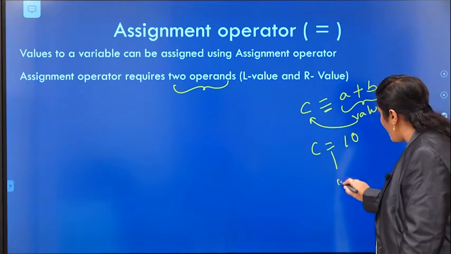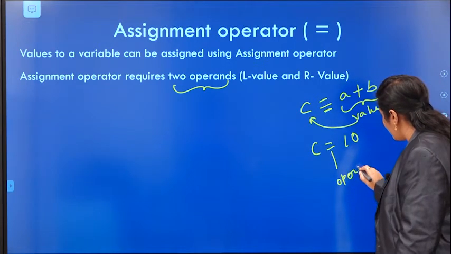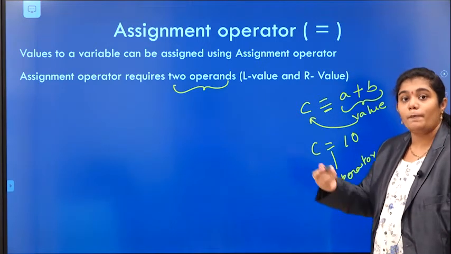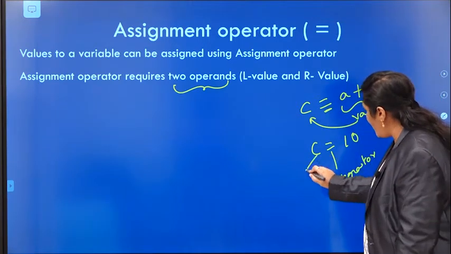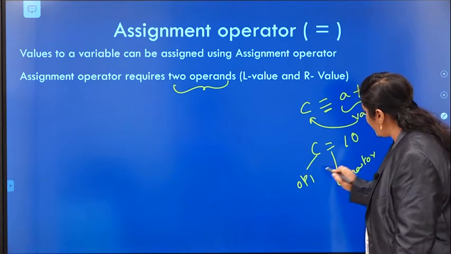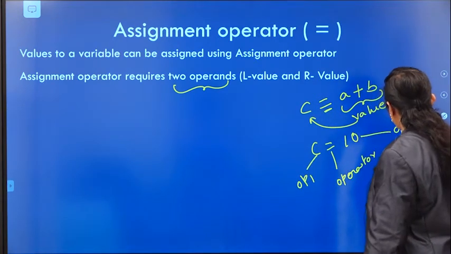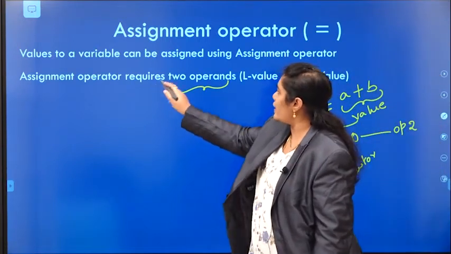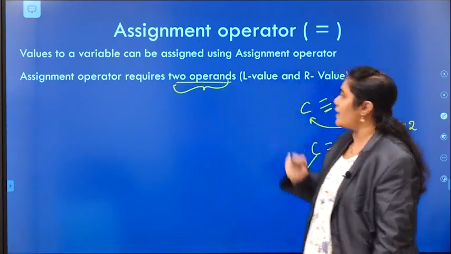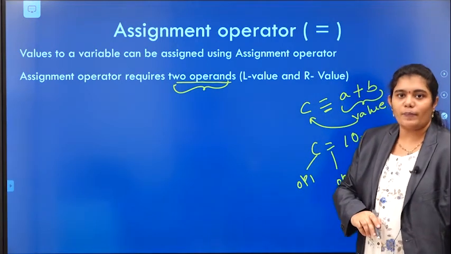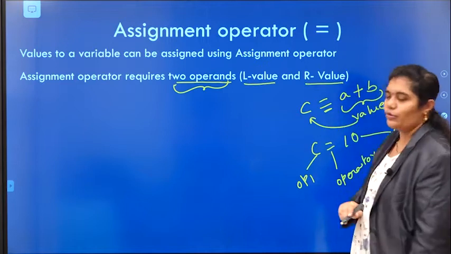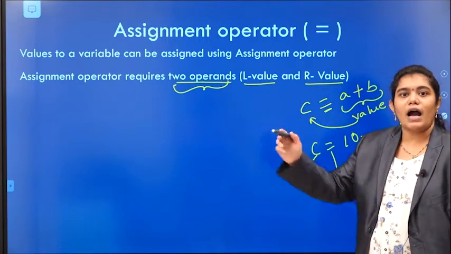This is one operator, and there are two operands: operand 1, OP1, and this is OP2. So an assignment operator requires a minimum of 2 operands, which are called L value and R value.